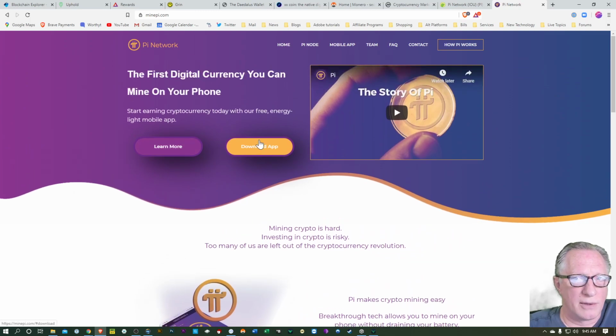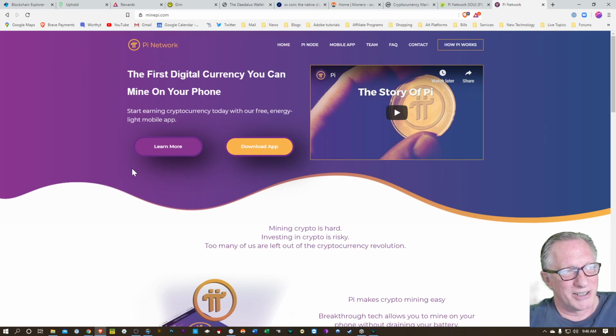But you can download the app, put it on your phone, and start playing around with it. And I'm sure there's a way to get an account set up if you're willing to pay somebody a small amount. I don't think it would be that much. EOS works like that too. There's a few cryptocurrencies out there where you've got to join the club, right? And if someone invites you, then hey, whatever. John says he'll invite me, so that's pretty cool. It's good to have friends.